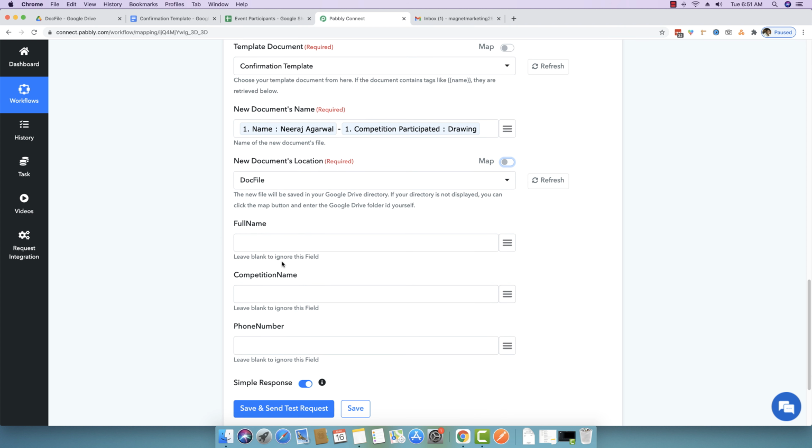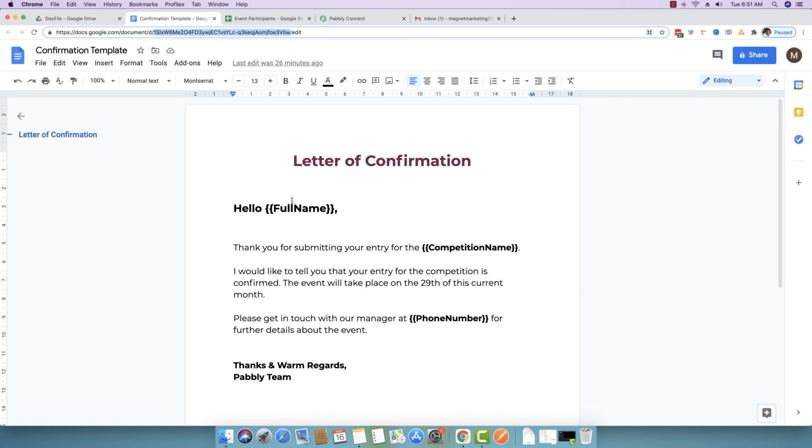Next, what you can see essentially is it has automatically picked all the dynamic tags from your template. So if you remember, if you have created this template, whatever dynamic tags you have to create, just make sure that those dynamic tags are included inside the double quotes. Okay, so it is the opening double quotes, then there is a tag name, and then there is a closing double quote which can be seen right here.